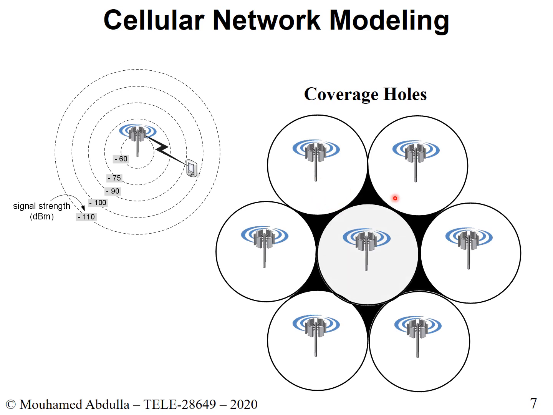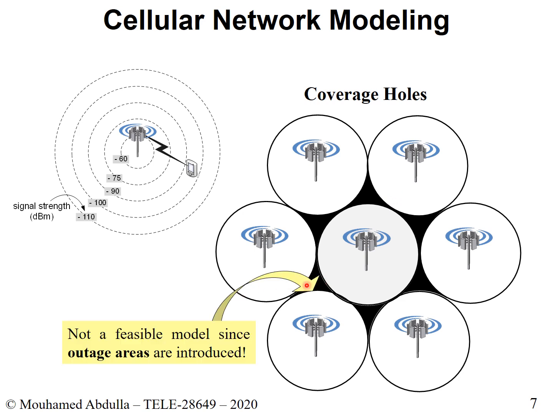But if you notice here, you will have this area that I highlighted here, and this area essentially shows the outage areas. And of course, you don't want that. That kind of defeats the whole purpose of being connected. So you do not want these outage areas. So we got rid of the overlaps, but now our solution is not a good solution. We ended up with coverage holes, and that's also not good. So this model is also not good. It defeats the whole point of being connected, right?